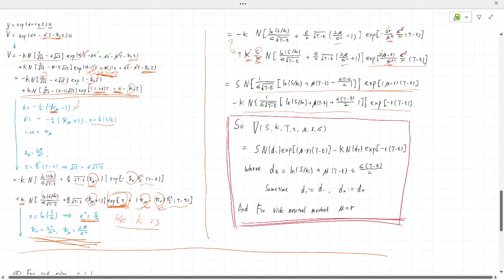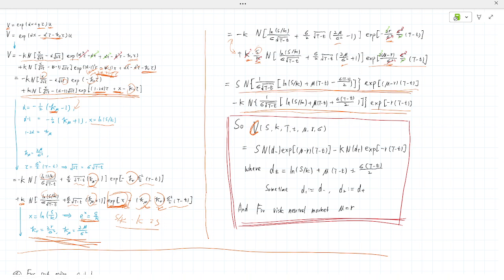So this is a call option equal to this long expression, but we formulate d plus minus. So square ln s over k mu t minus big T plus or minus sigma t over t minus t over 2. Sometime d1 equals d minus, d2 equals d plus, and it's just another naming convention. And so a risk neutral market, mu equals to r, and then this goes to 1. Oh boy, and we are almost done. This is call option,